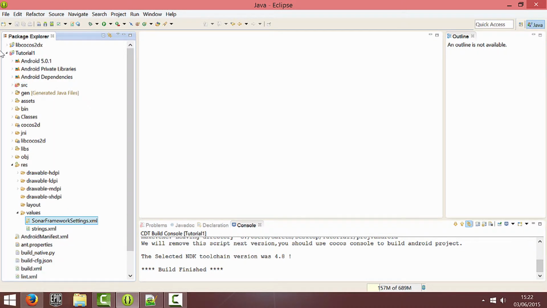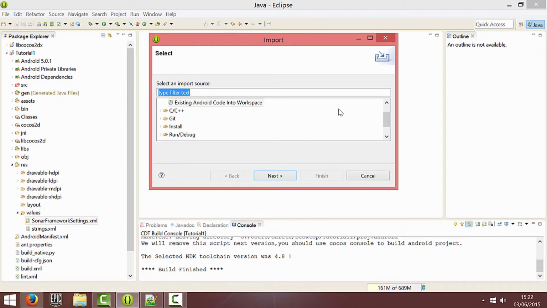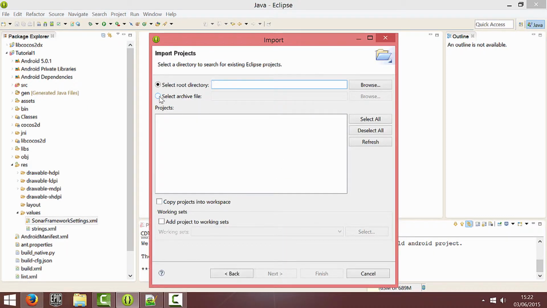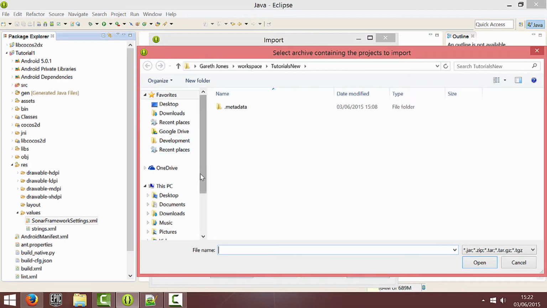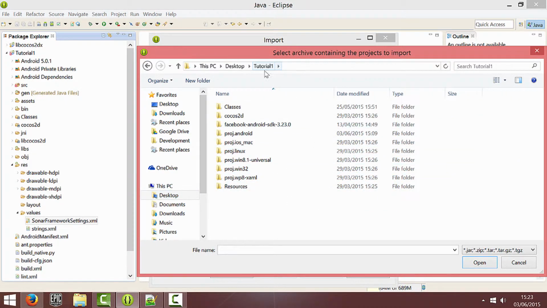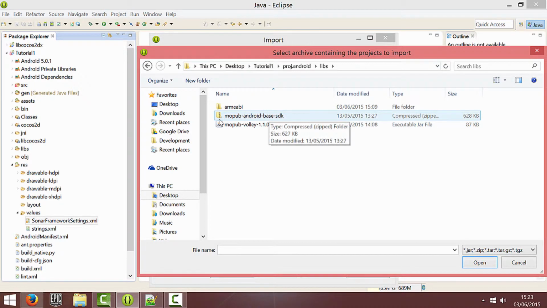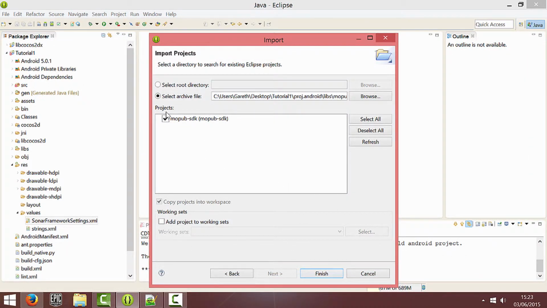So first you're going to go to File, Import, General, Existing Projects into Workspace, and you're going to select an archive file, and you're going to browse to your project folder, so mine's tutorial 1, and go to Project Android and go to libs folder and select the zip file MoPub Android base SDK, and it should give you that project to import, and if you click finish,